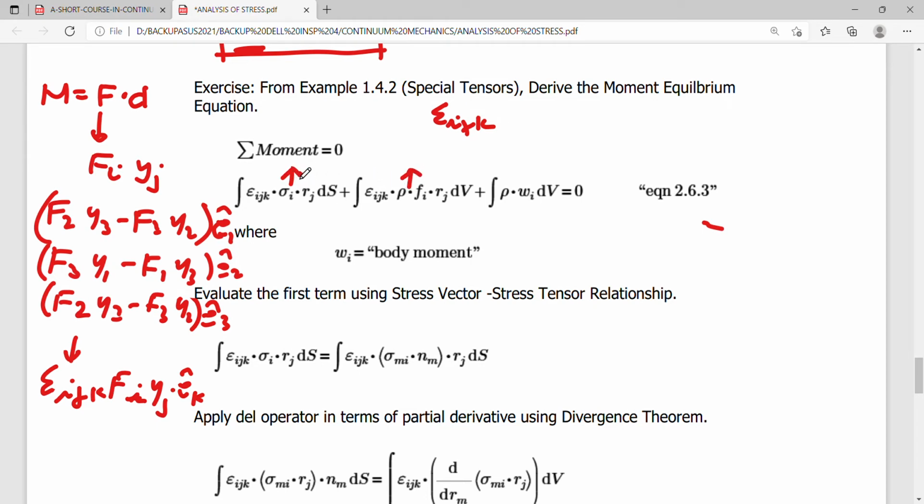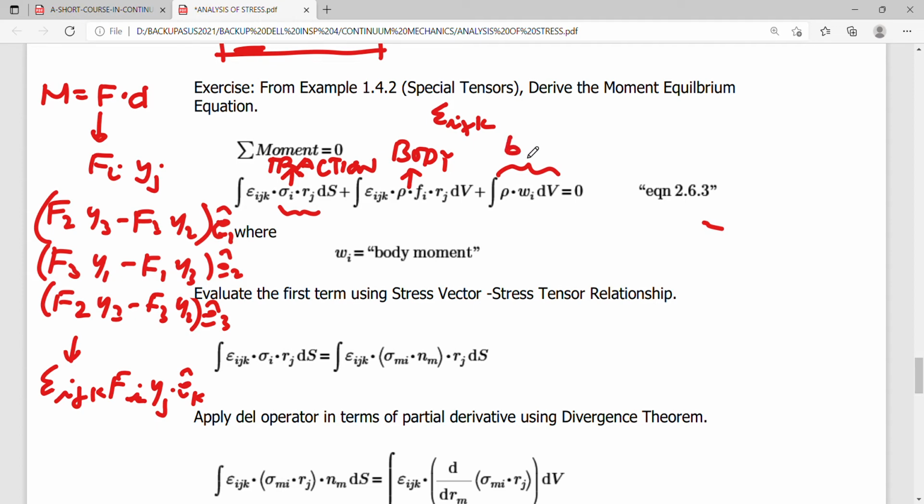This is in terms of the traction force or traction vector, which has a sigma i, r j, this is the moment arm, and we also have here the body force, which is rho Fi, and this is actually the innate body moment or the inherent body moment